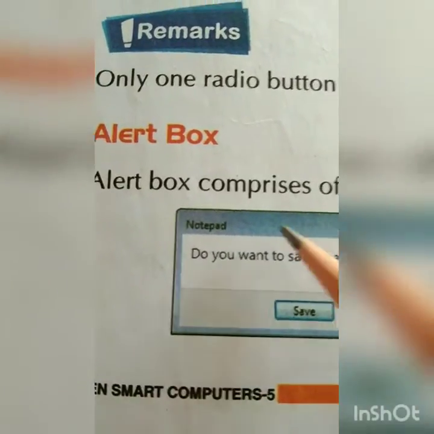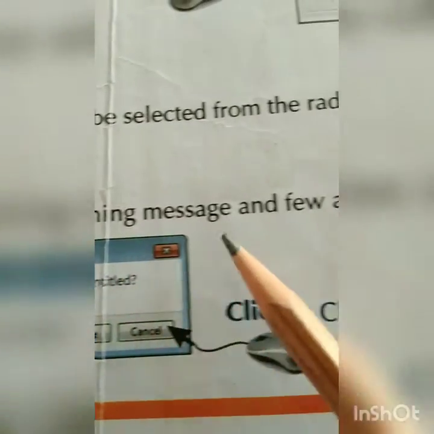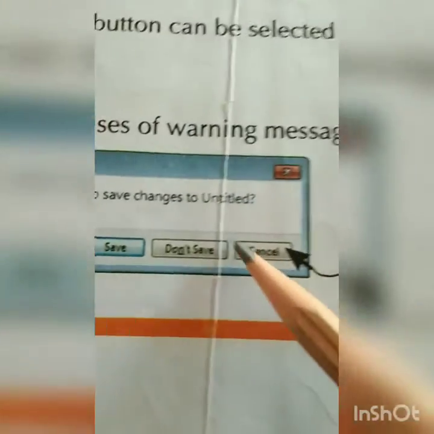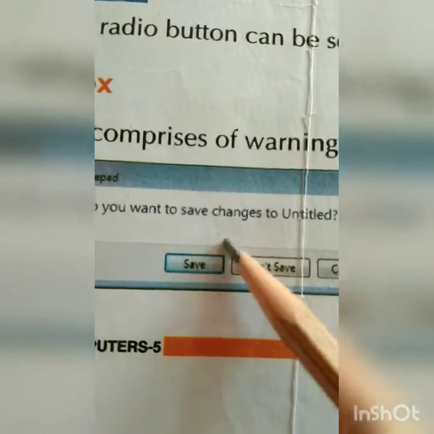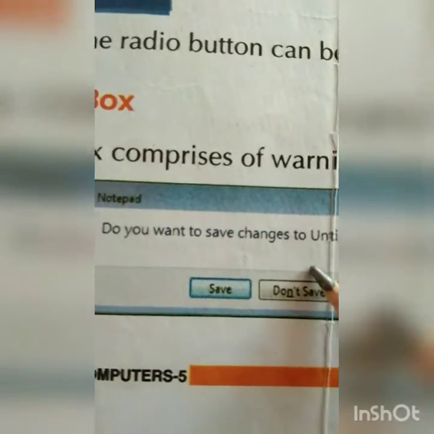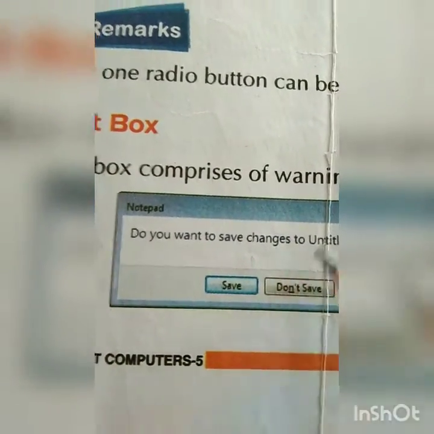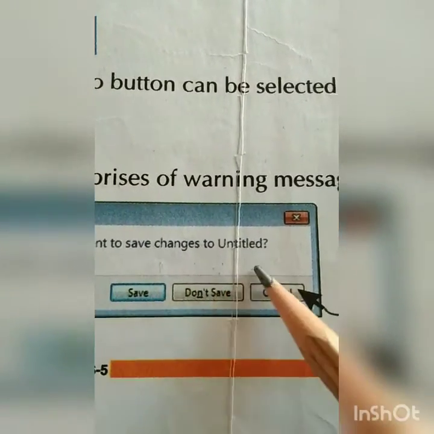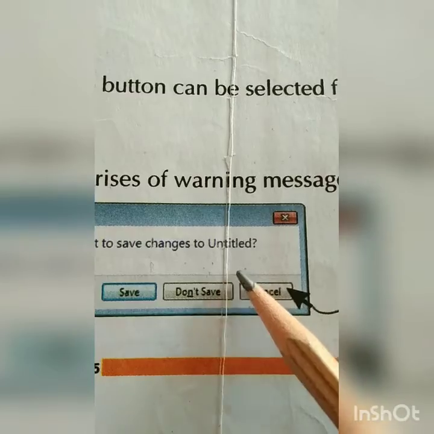And the next one is the alert box. Now what is the alert box? An alert box comprises a warning message and a few action buttons on it. What type of warning? Sometimes when you delete your file, a message comes asking whether you are sure you want to change, or delete, or close the untitled Keynote pages.